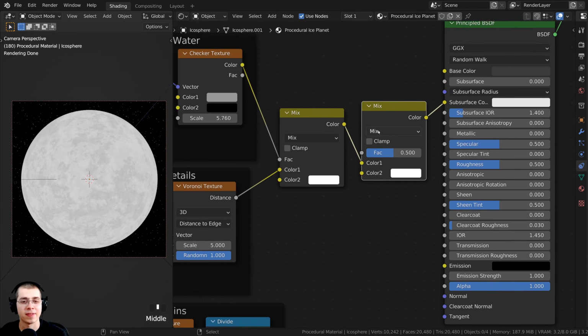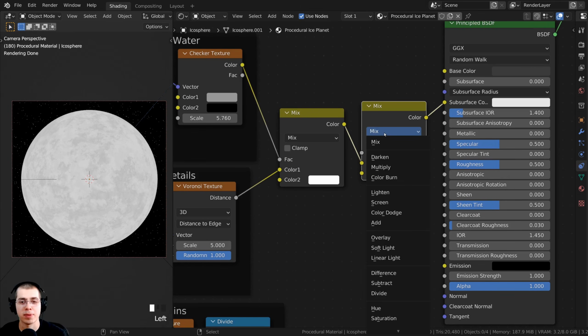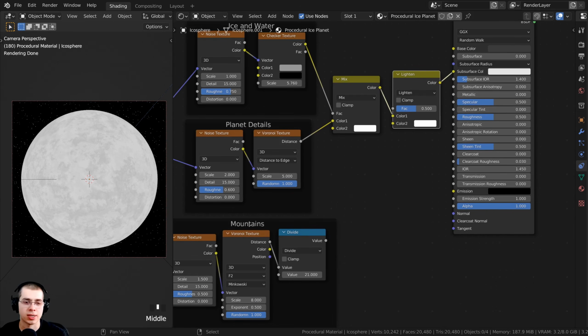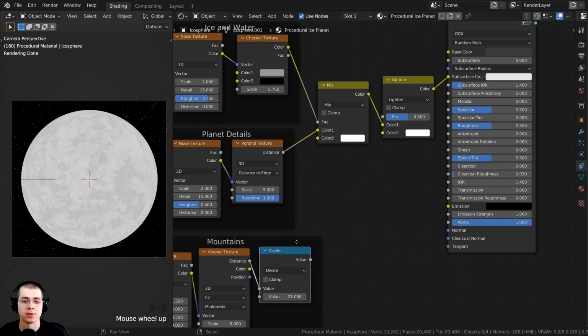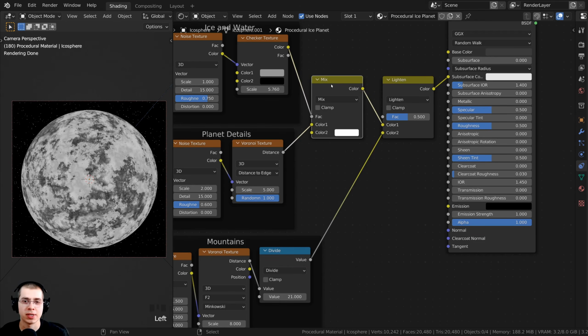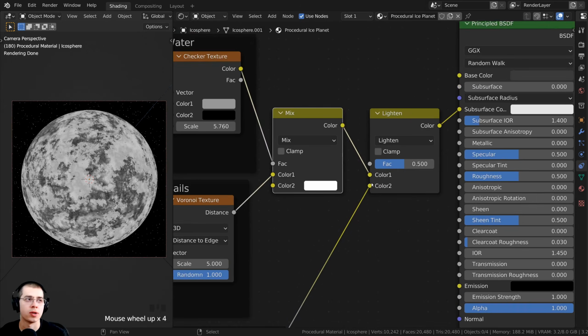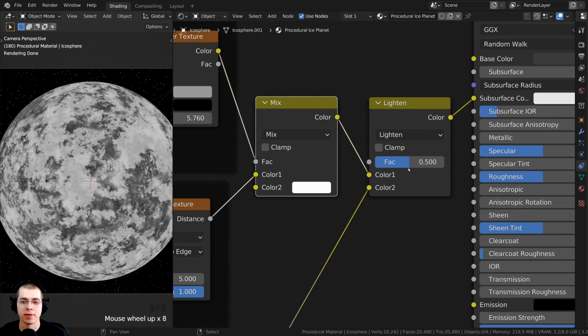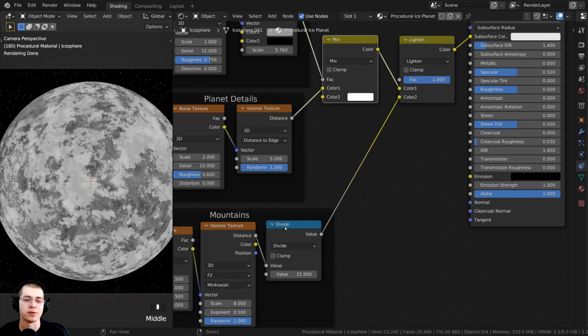Now I only want to add the light values, so if I click on the mix here, I can change this to lighten, and that way we can just add the light values from the mountains. So I'm going to take the value on the divide, and I'm going to put this into color 2, and then this mix here is going to be going into color 1. And then I want to add all of the light values, so on the factor here I can turn this up to 1, and you can see as I turn this up it is adding the light values from the